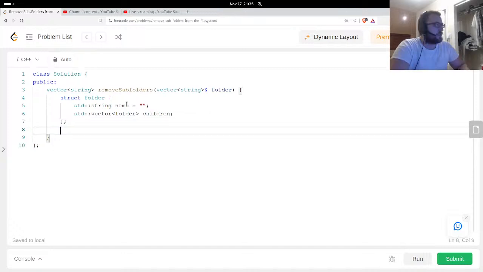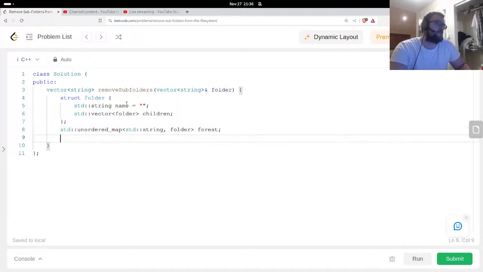And then we'll just have a vector of folders, or an unordered set of strings. Forest of folders. And